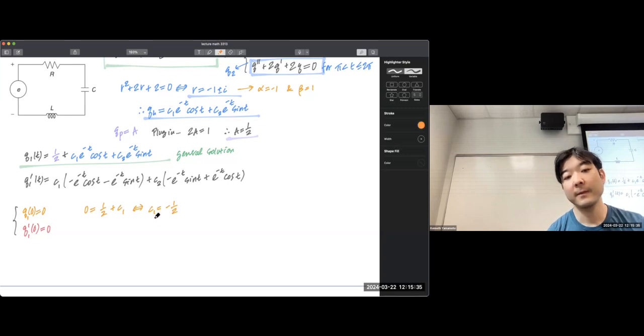And then your derivative is plugging into here. So 0 for the Q prime. You're going to have e of 0 is 1. Cosine of 0 is 1. Sine of 0 is 0. So you're just going to have a negative 1 times C1